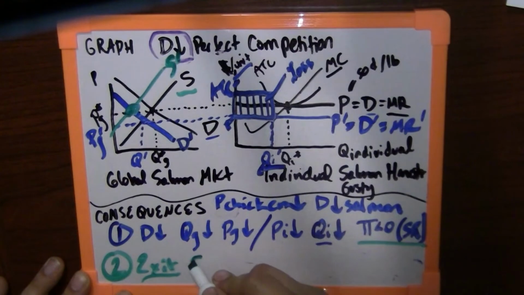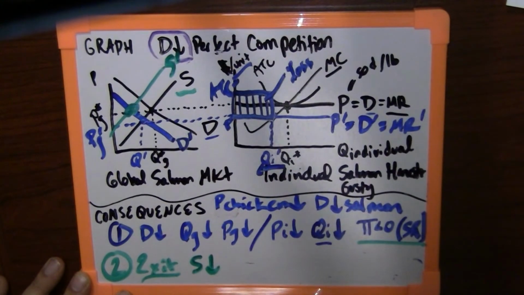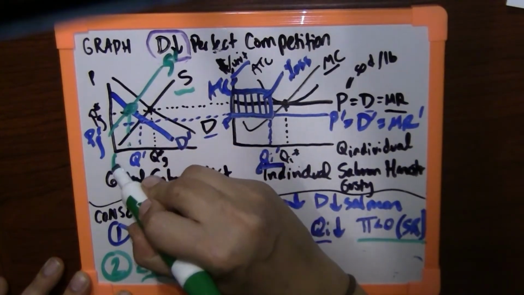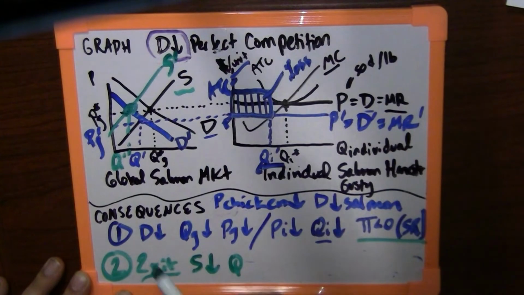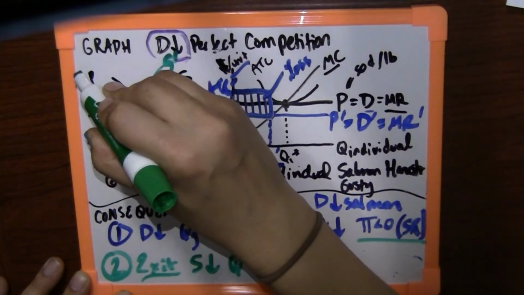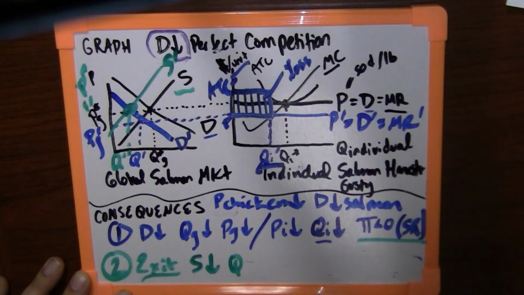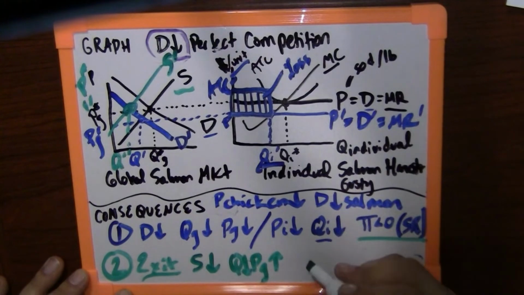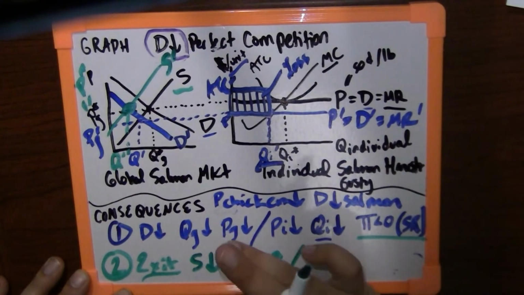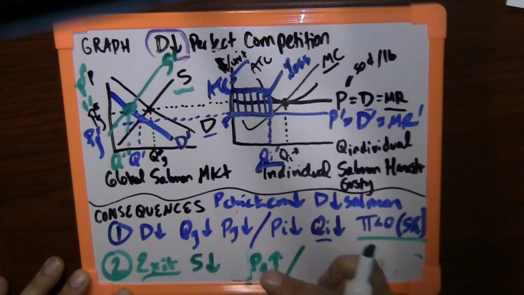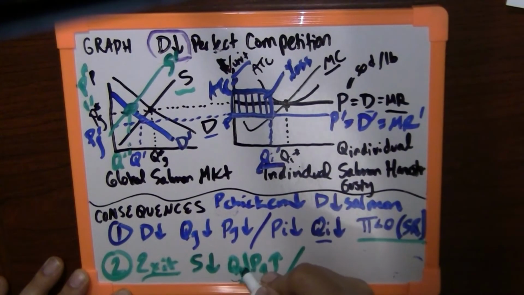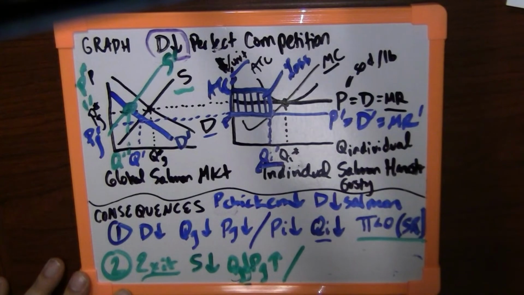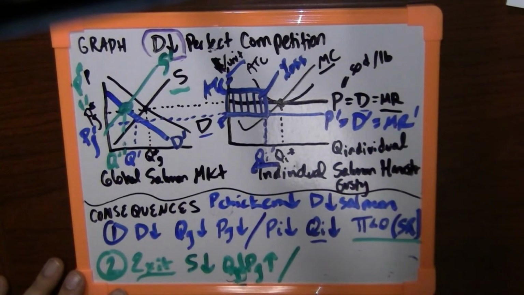So after exit, the global supply falls, right? The number of suppliers is falling. The global quantity is down to lower than ever, and the global price is back where it started. You could call that P double prime. That's for the larger global market. Sorry, we should be specific that when we say quantity falls, we mean global quantity, because Gusty's going to have a different reaction. The global quantity falls, the global price goes back up because there's less competition in the market,